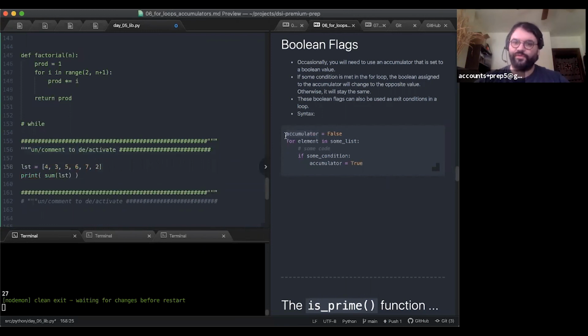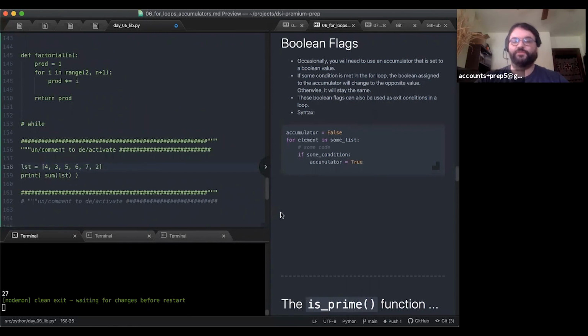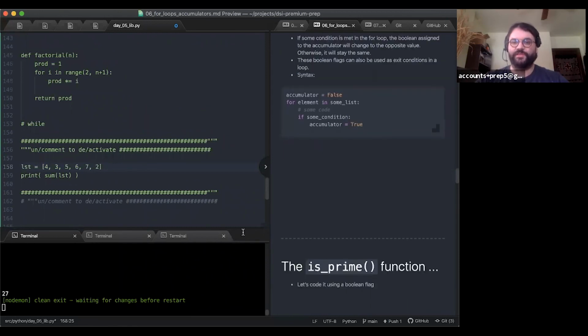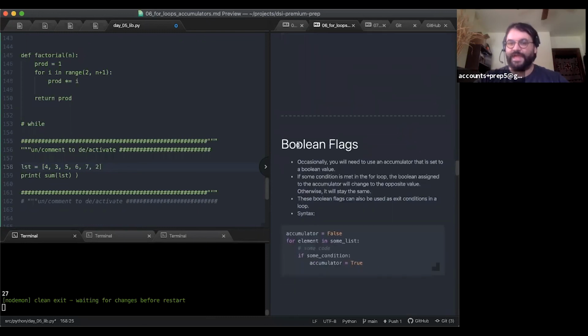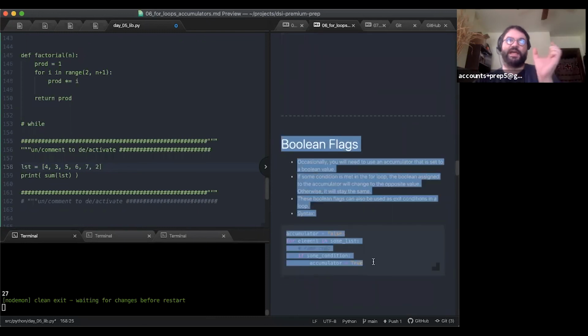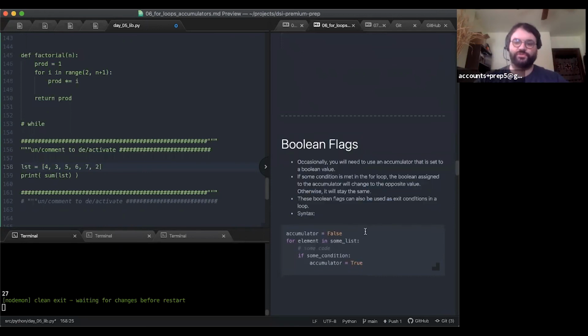At some point, I'll go over Boolean latches. We're running a little light on time, but Boolean latches are sort of a way of transferring information from one loop to the next or even successive other loops. It can be useful for that. So there are some tricky things that you can do with Boolean accumulators, and we will generally call them flags. So you set a flag to false and then you change it to true or something.